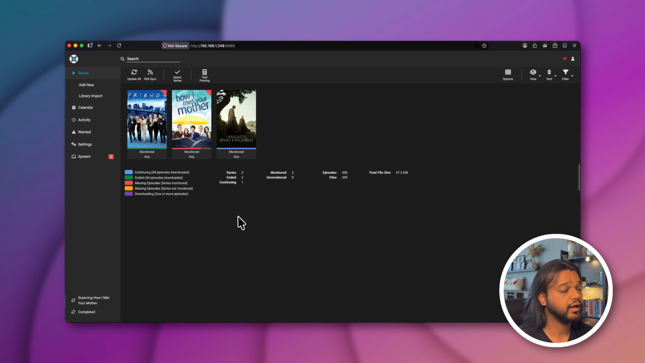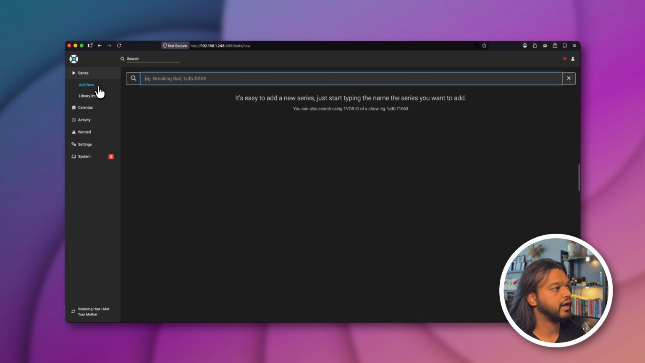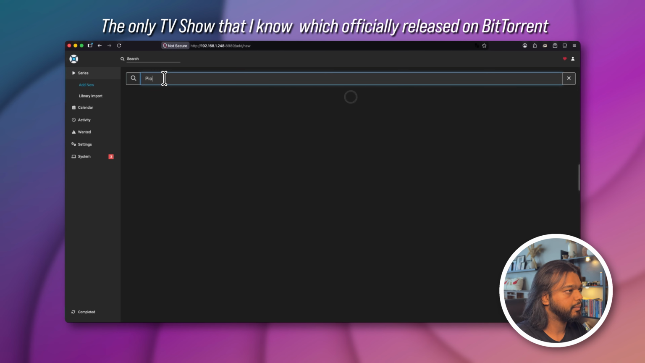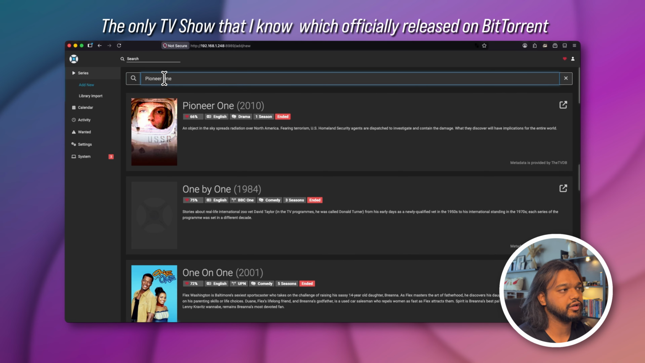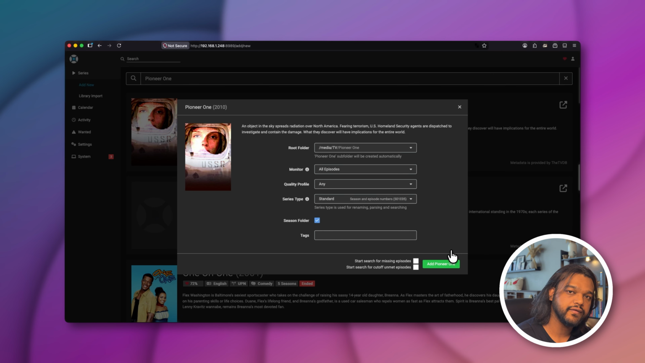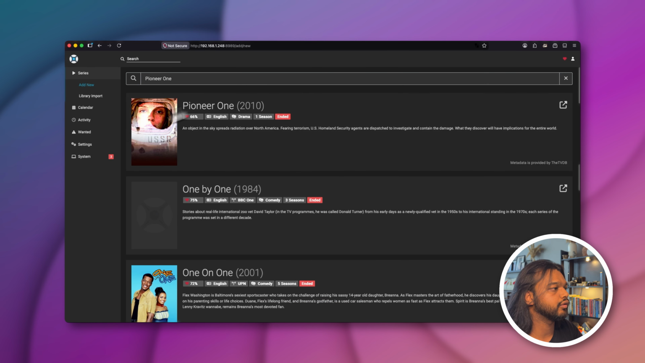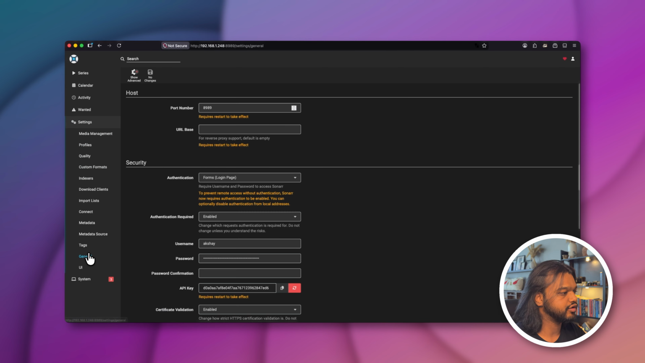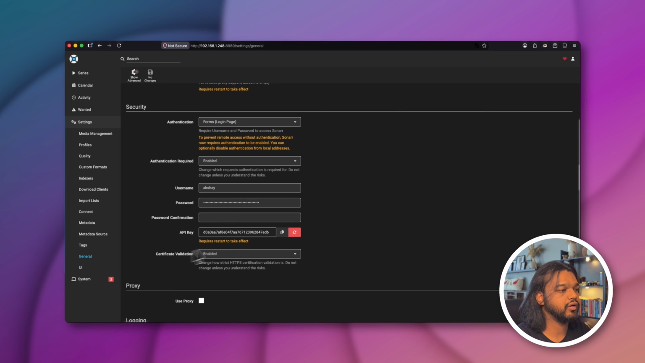Now if you want, you can directly add any shows right here from Sonarr. So let's click on add new and we can search for any TV show. For example, Pioneer 1. And it shows the TV show. I click on the name and I can add Pioneer 1. But let me show you how to configure it. So even Overseerr or Jellyfin can make requests for Sonarr. So to do that, first we need to go to settings, go down to general, scroll down and copy the